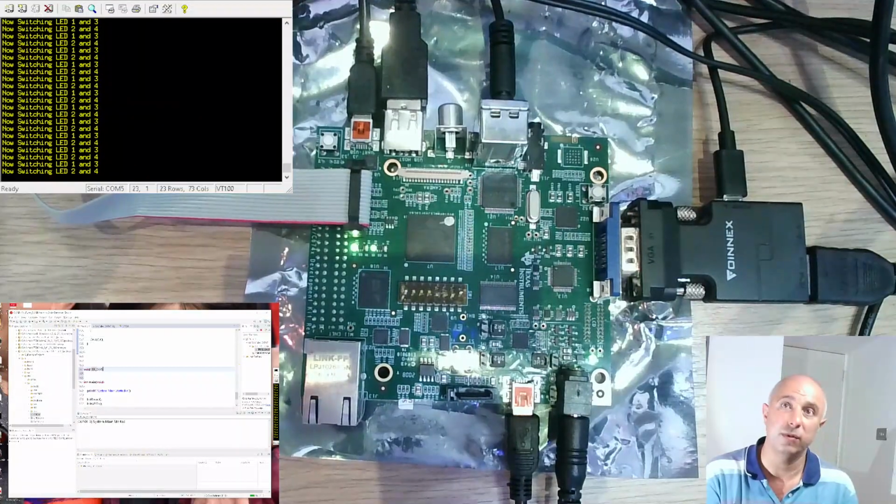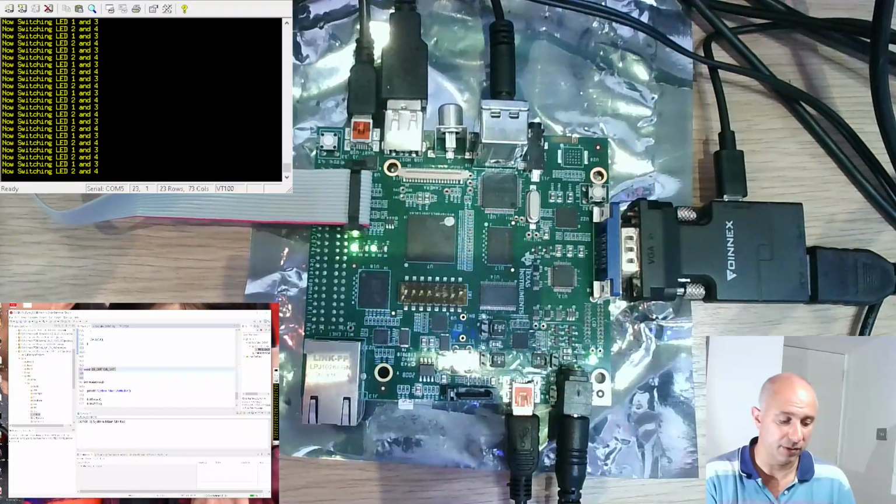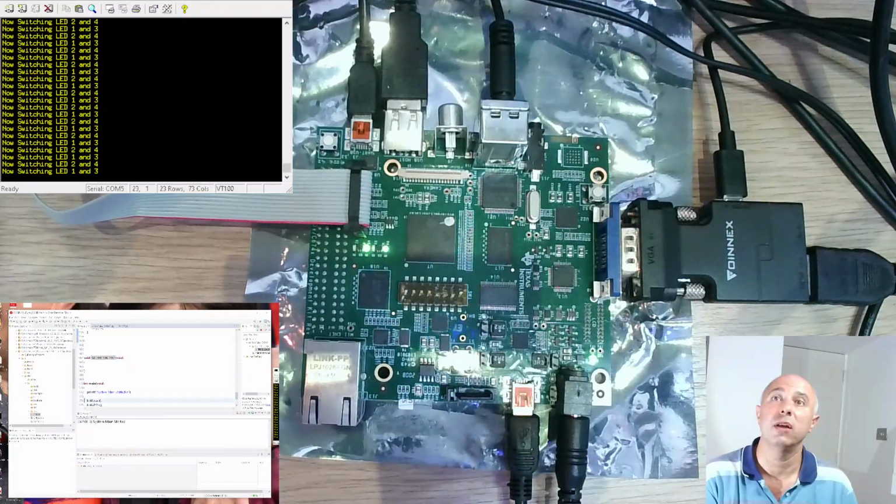Or, ISR button SW1. Well, we know it's pressed. Void. Yeah. And now all I have to do, rather than having all these delays and all that crap,